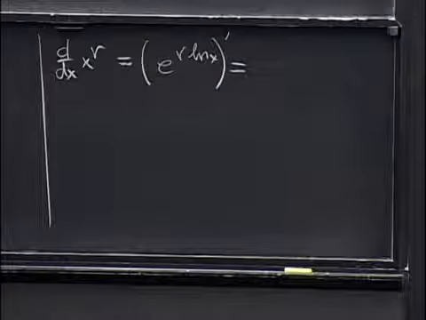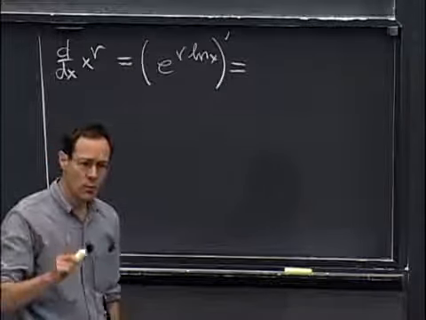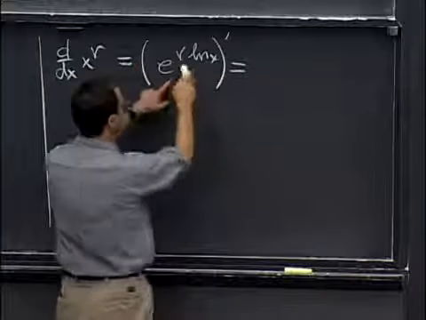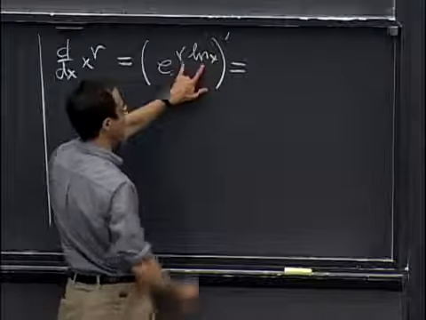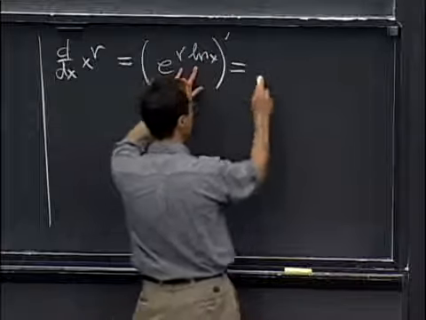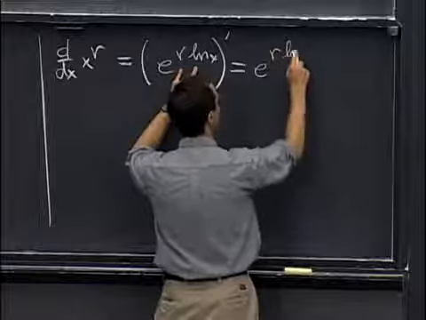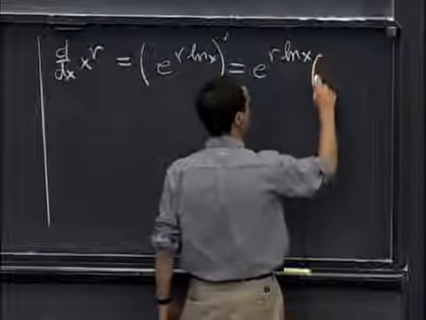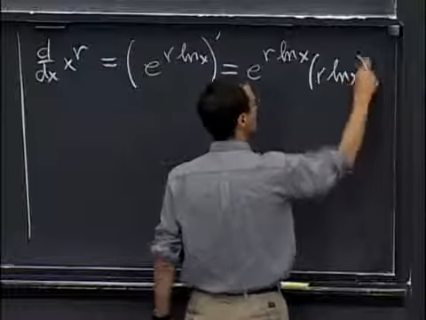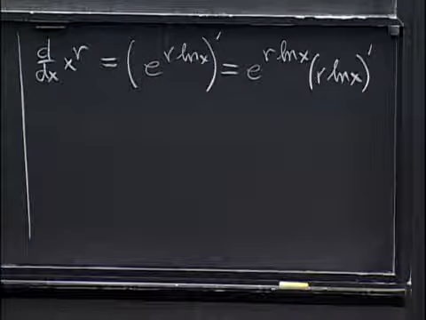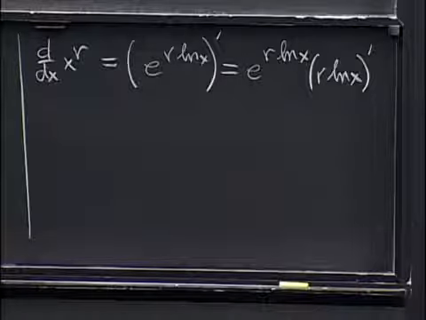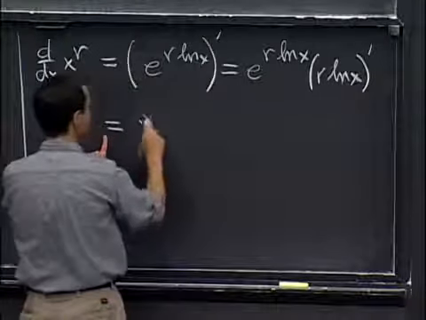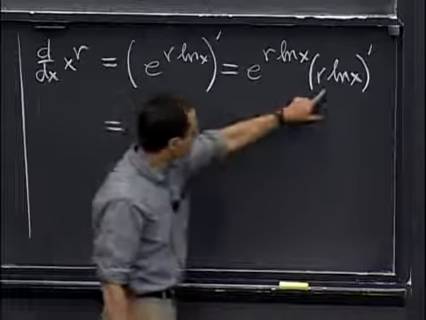And now what I can do is use the chain rule. The chain rule says that it's the derivative of this times the derivative of the function. So the derivative of the exponential is just itself. And the derivative of this guy here, well, I'll write it out once. It's r log x prime. So what's that equal to? Well, e to the r log x is just x to the r. And this derivative here